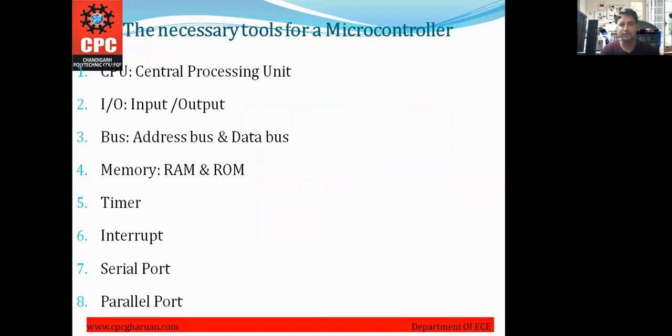Before studying microcontroller, we must have a brief idea about its CPU, central processing unit, how much speed the CPU that microcontroller 8051 is using, and obviously input outputs of microcontroller, address bus and data bus, memory, obviously RAM and ROM, timer, interrupt, serial port, parallel port. All these are the necessary tools for a microcontroller.